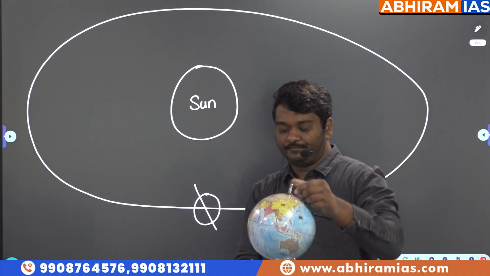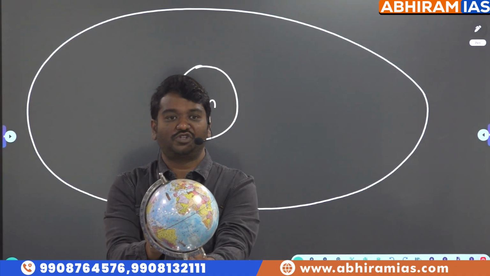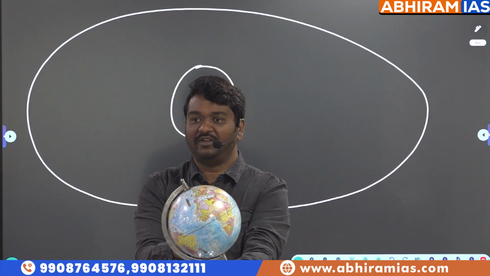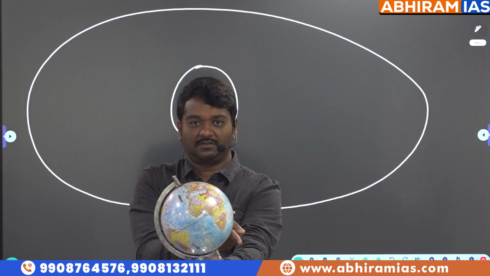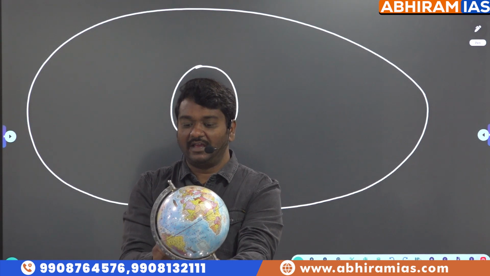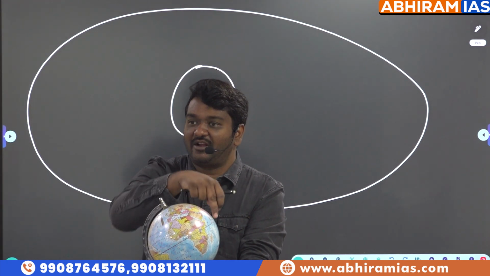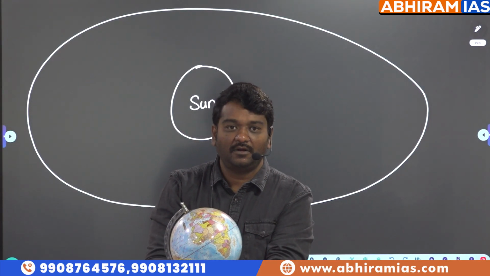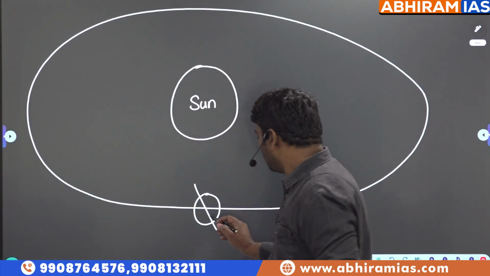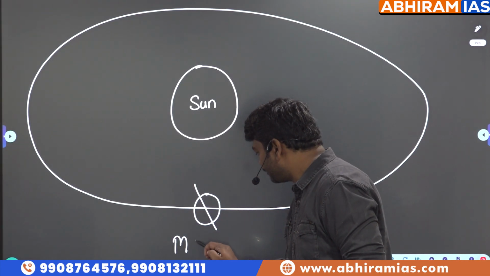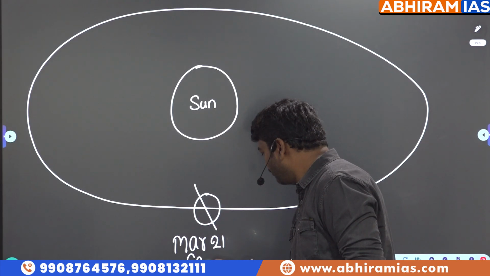Okay, see here. If I am the sun, this is the position of the earth on March 21st. Okay, March 21st, earth will be like this. Sun's rays will fall exactly over the equator. If sun's rays fall exactly over the equator, what is going to happen? You will have equinox. So guys, which is the date? March 21st. We will have